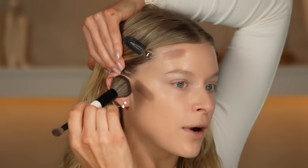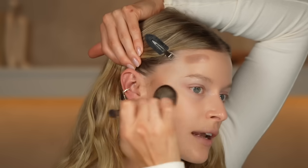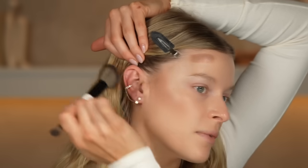You don't wanna go too low because we're trying to create the illusion of our face being lifted. So I'm using my Makeup by Mario brush, and I'll have all of these products again linked for you in the caption below. And I just dab this in, and it melts in so seamlessly into that foundation,